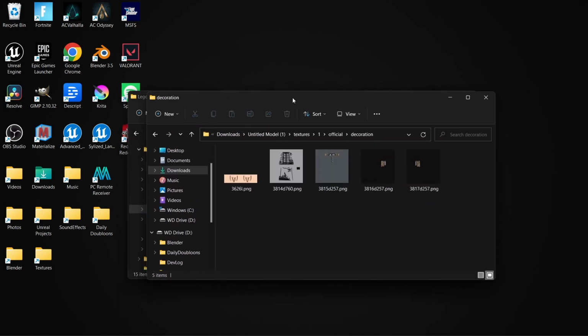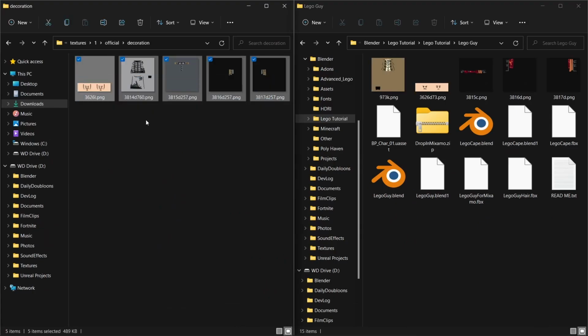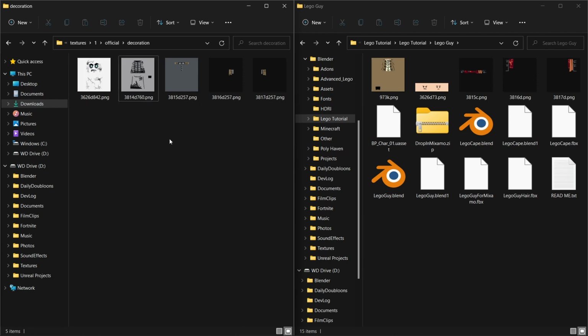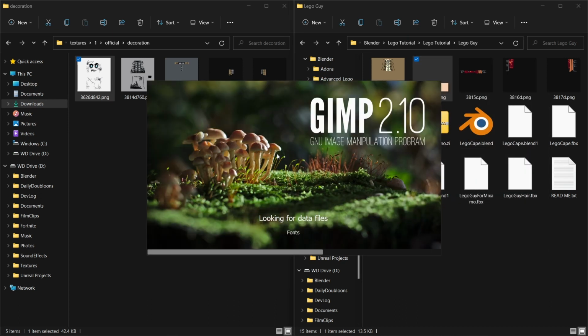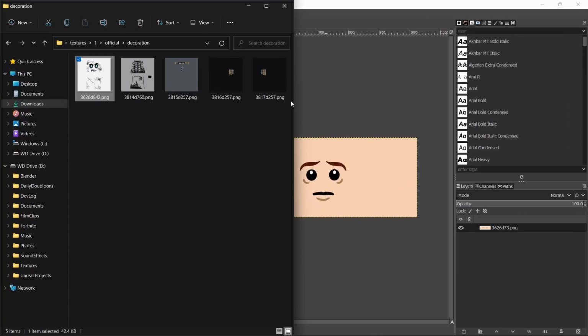Then you want to open up the textures for your guy right here, and you can see that the head textures are not the same. So what we want to do is right click and open with either GIMP or Photoshop or whichever one you have. I use GIMP. So with that opened up, I'm going to go to the texture that I have, and then I'll drag in here,